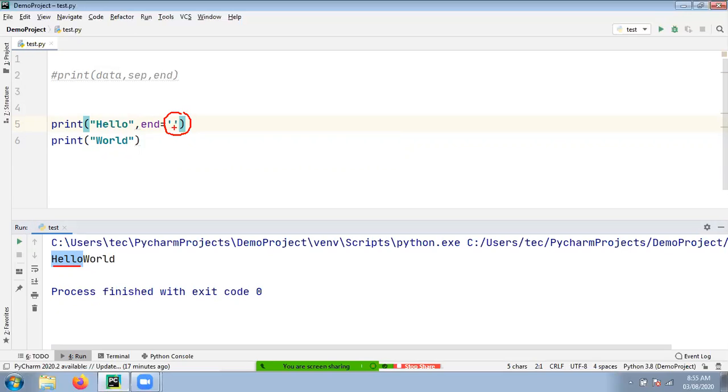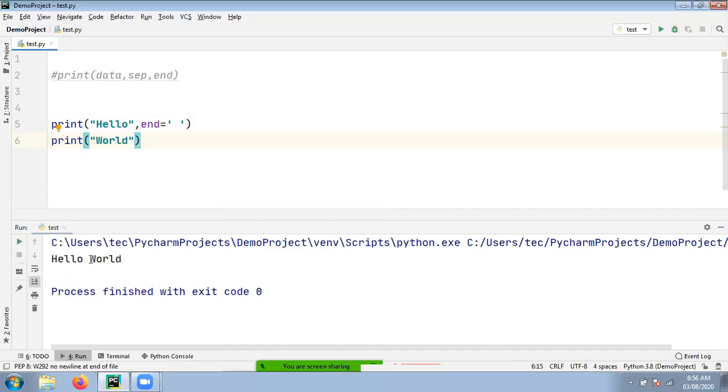There is no end line character, and it is not even blank. Check out here. If I give a space here, then what happens? A space is inserted here. Check out this one. This is not the separator character. This is the end line character. Means after executing your print function, space is given, and then the next print statement is